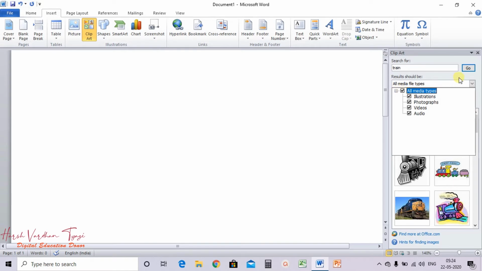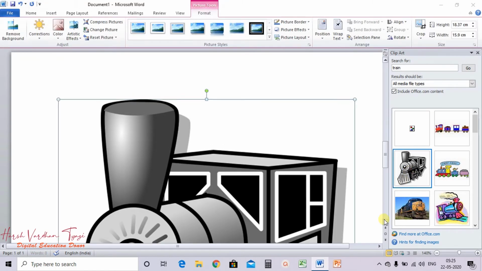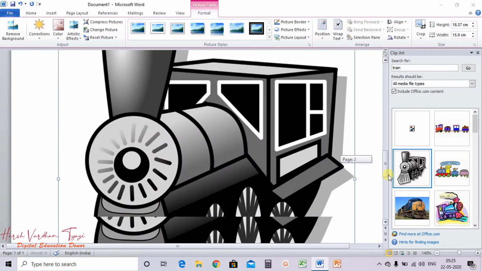Select all media types and then include office.com content. Check on this, then only it will show you the result. When you want to insert, double click on the particular clip art image, and that particular file will be inserted.